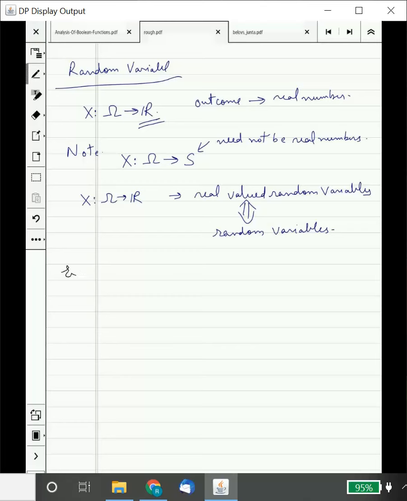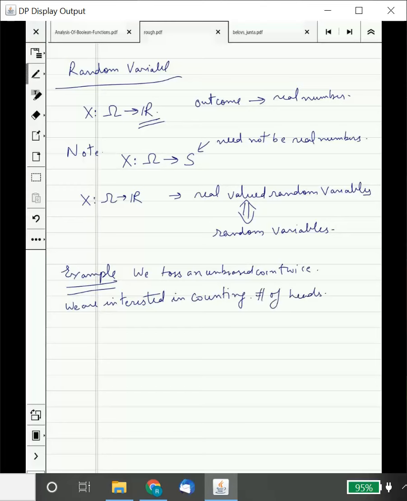Let's take an example of a random variable. Suppose we toss an unbiased coin twice and we are interested in counting the number of heads. We have an unbiased coin in our hand and we are interested in counting the number of heads. What random variable should we define? Let's start with the basic. The basic is the sample space. We have done it before. The sample space in this case is